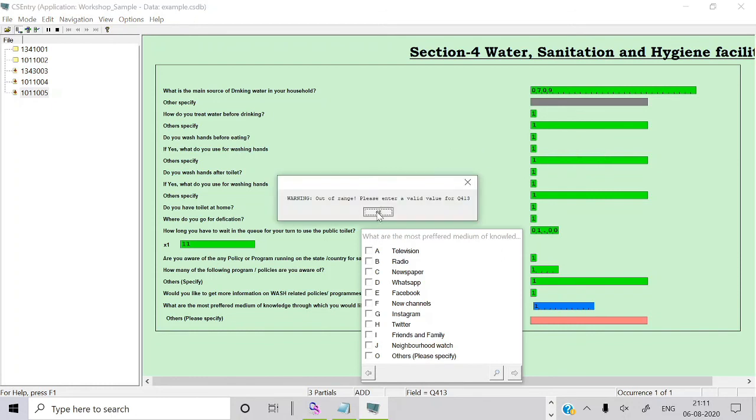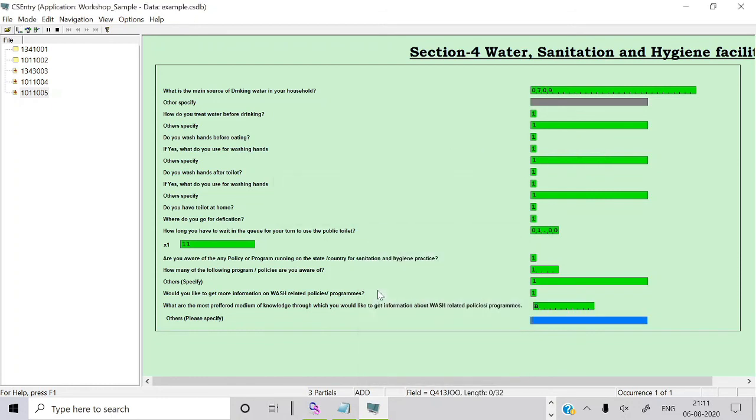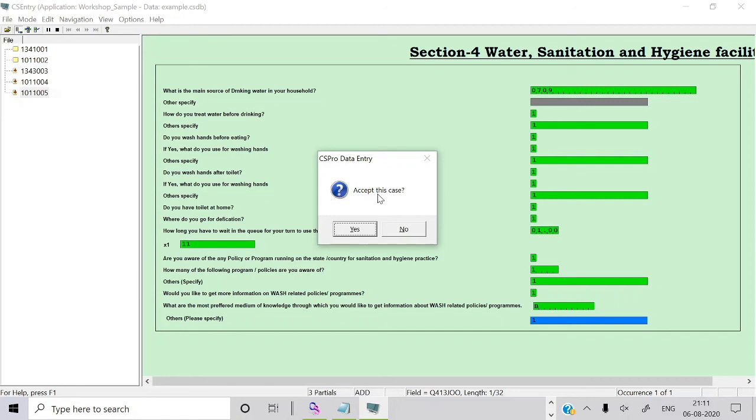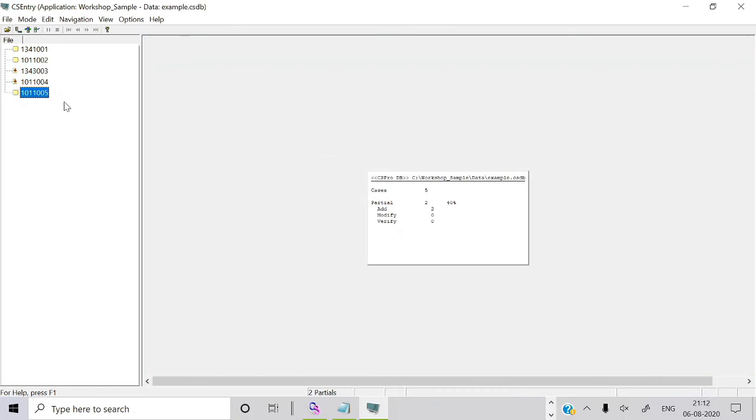There is a multiple response, we are going to see this. Here you have to click to accept the case. Unless you accept the case, if you give no, then the data file will not be saved. You have to give accept case, then automatically the case file will be saved. So this is the program, how we are going to declare the statements and all those things.